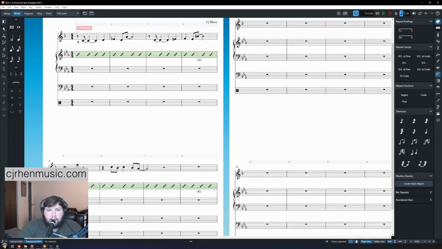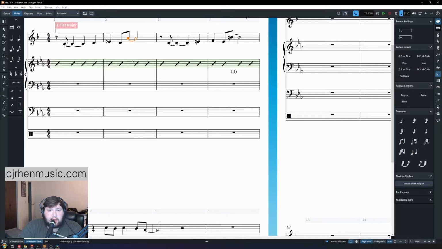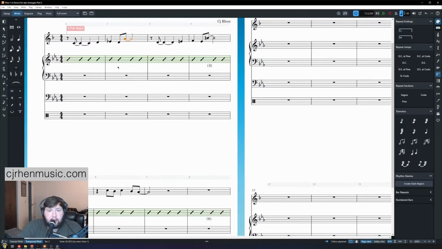So looking at the melody, there's a couple places I might want to have my rhythm section play a hit. For example, under this 8th note here. Now that means I want to put a slash here with a stem that lines up with that and clearly cues that rhythm hit for my rhythm section player. So I found the easiest way to do that is honestly just to get rid of the slash region overall,